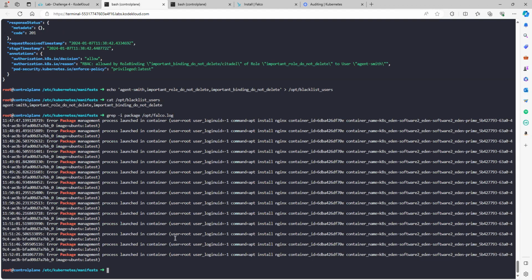There you have the result. If you closely look at the event, it says user is root, container ID, container name, k8s_eden-software-2_eden-prime. So from this container name, we can make out that this application, which is having these package related error events, is in the Eden Prime namespace, not Citadel or the third one. We need to go into the Eden namespace and find out the